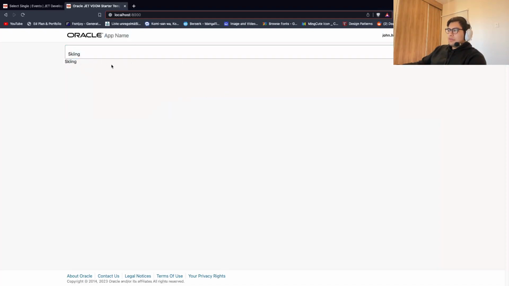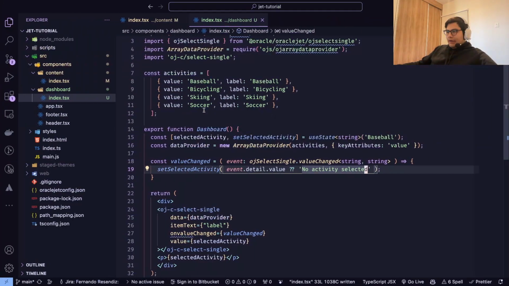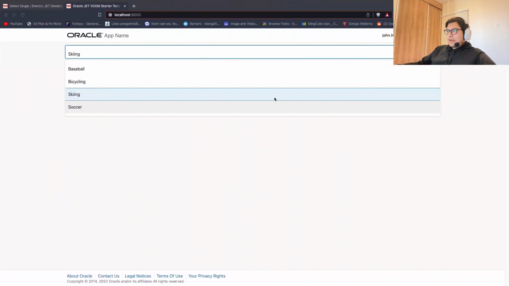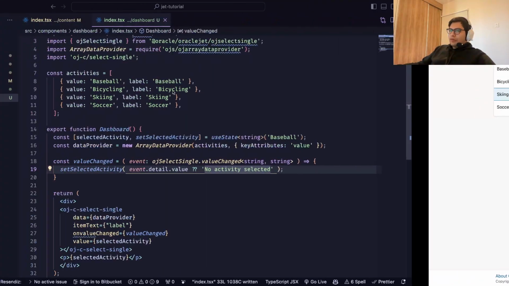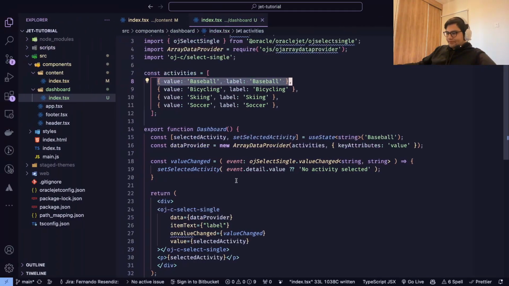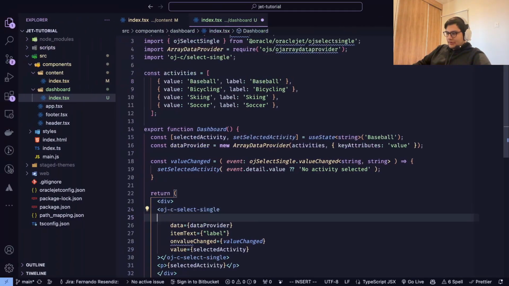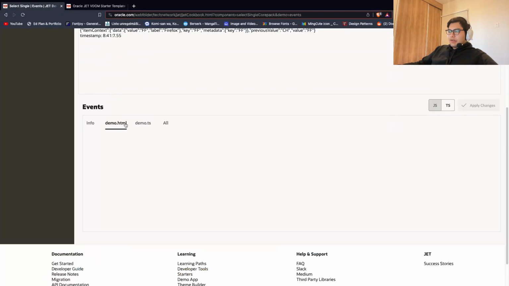I mean, this isn't really useful because we already have it here in the value, but imagine that instead of having just a string in the value attribute, we have something like an object or a function. We could perform operations based on whatever the user selects and get access to the value stored in each single element of the OJ select component. So yeah, I think that's it